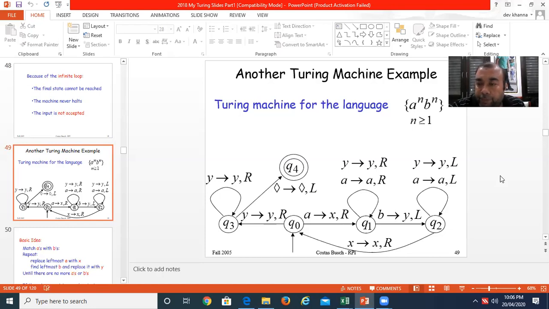First you will meet a, then you will meet b. After completion of b, you will meet a blank symbol. Take a left turn. Convert that b, the rightmost b, into the blank symbol. So concluding, what you have done: you have converted the leftmost a into blank and the rightmost b into blank.